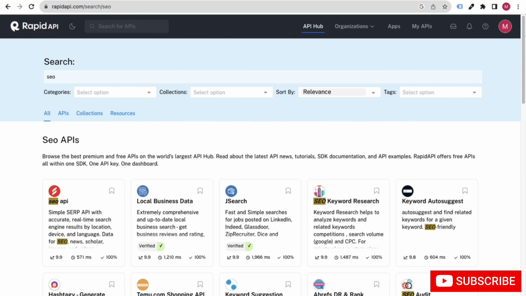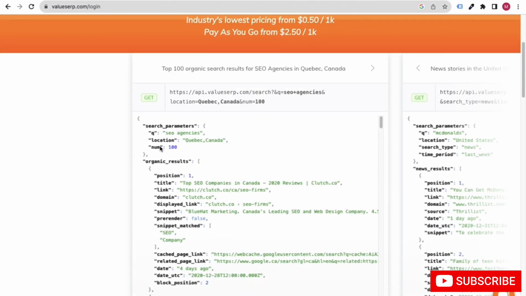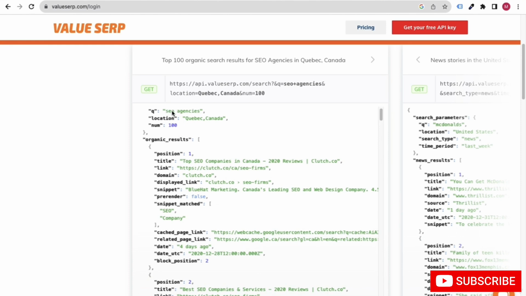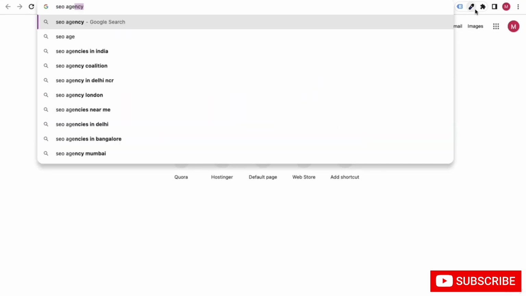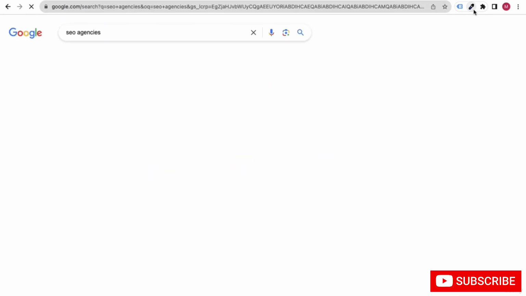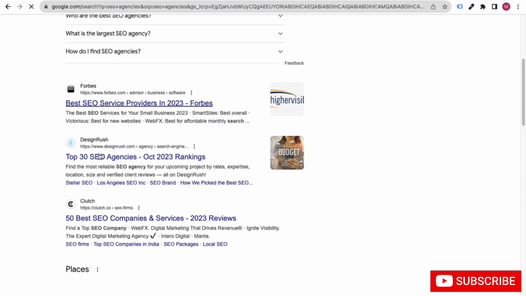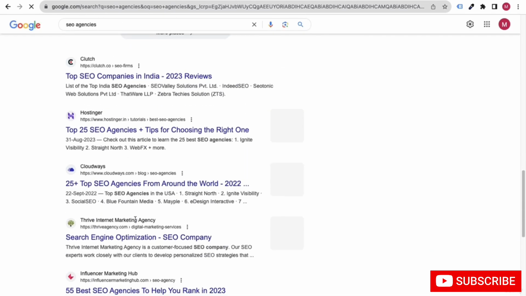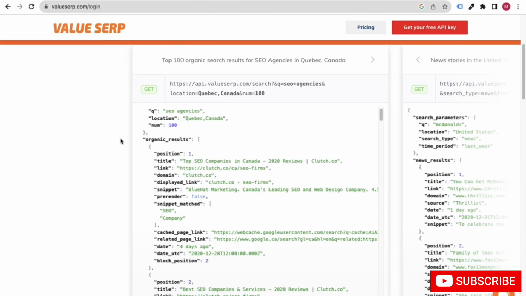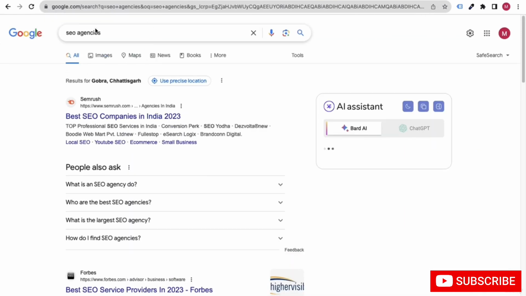For example, here we have, let's say, Value Serp, and basically when you search for, let's say, SEO agencies, it simply means that you search on Google for SEO agencies like this, and you get results 1, 2, 3, 4, 5, 6, etc. So that is what this tool will show: position 1, that means the very first position website.